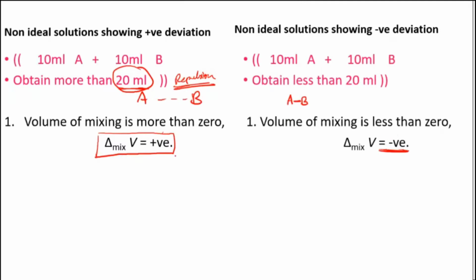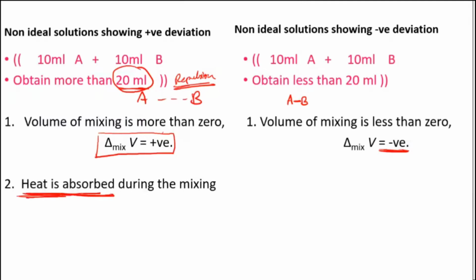Now why has that increase and decrease happened? Because of the heat energy. So now here in this case of positive deviation, the heat absorbed is more compared to whatever is released. They are not releasing it because there is no bond as such developing. When the bond formation takes place, more energy is released. It's like you have to give energy, and they are not forming that bond.